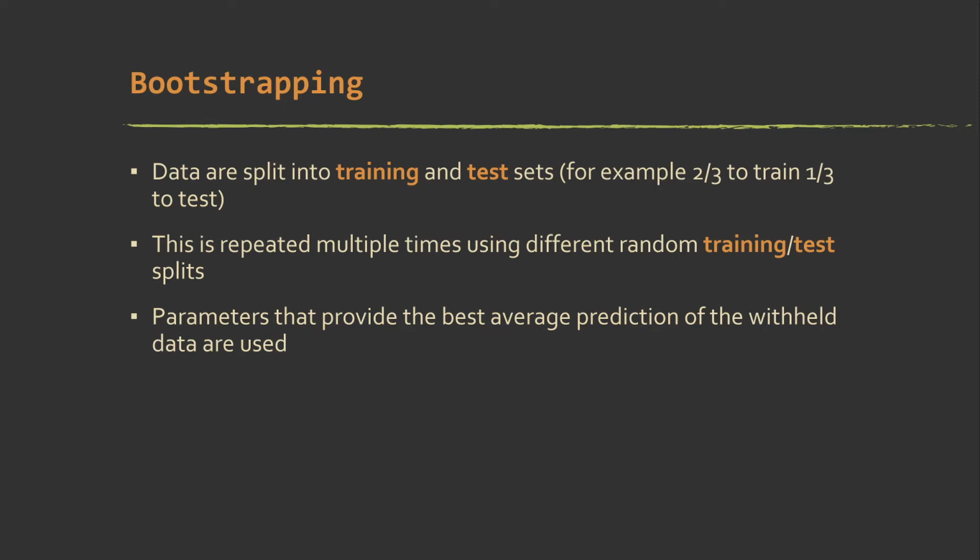So how this is a little bit different from k-fold cross-validation is that each time you're getting a random set of training and testing sets based on random sampling with replacement. So we're not maintaining a set of non-overlapping folds throughout the entire process. Instead, we're just randomly pulling training and testing sets over each repeat. So it's a bit different from doing k-fold cross-validation. But again, you would do that X number of times and then average out the results, and the hyperparameters that gave you the best average results will generally be your preferred hyperparameters.